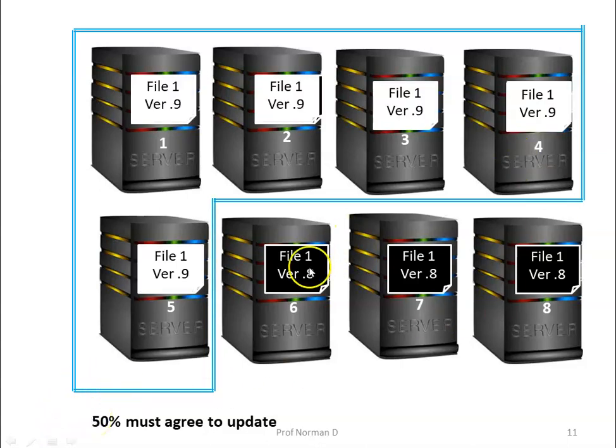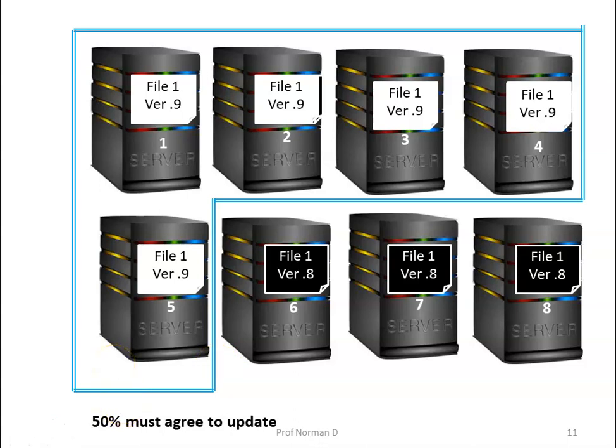So now in this group there are 3 servers which are left with the older version. Basically the version number is used to identify the version of the file and is the same for all the newly updated files, since this file is a replicated file. Now, to read a replicated file,